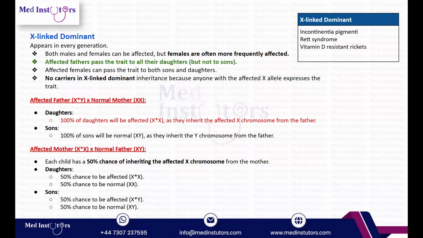And then next we have an affected mother and a normal father. Now we just switch the scenario. Now the father is normal, but the mother is affected. Imagine the mother is passing the X allele to her offspring. Each child has a 50% chance of inheriting the affected X chromosome from the mother. Daughters have a 50% chance to be affected and 50% chance to be normal. Sons have a 50% chance to be affected and 50% chance to be normal. So again,